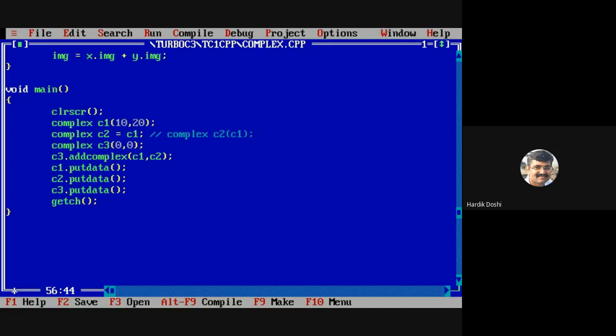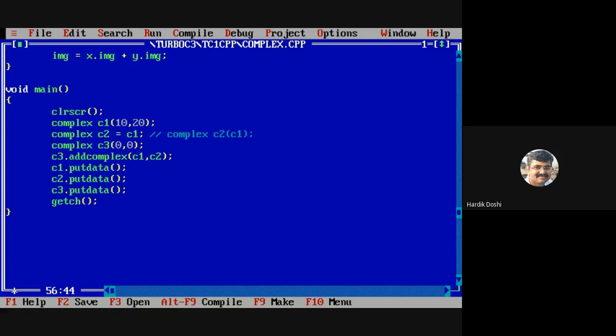My question is, when I say I want to copy this object C1 to C2, what should I do? What code do I need to write? One thing. Second thing, to know this answer, I have given you actually this hint.